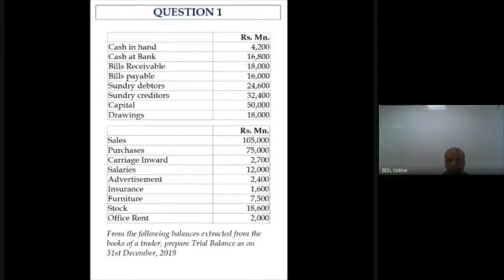Right. Let us look at it quickly. Cash in hand, it's an asset. Cash at bank, again an asset. Bills receivable is an asset because anything that is receivable to you is an asset. Bills payable. If you have received an electricity bill, that is a bills payable, so that is a liability. Sundry debtors, anything in the context of debtors will be an asset to you. Anything in the context of creditors will be a liability. Sundry creditors means liability. Capital, straight away you can say it's a capital element.